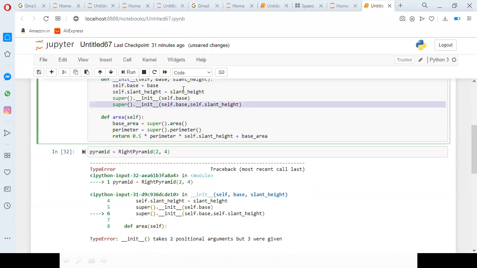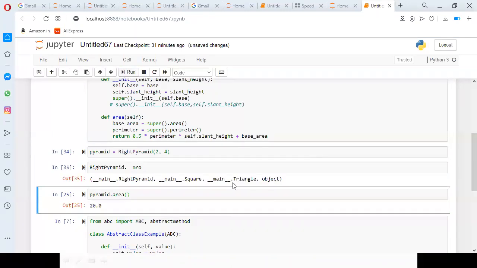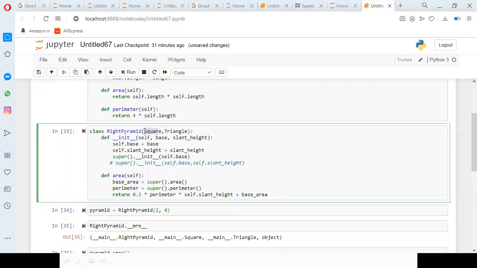Okay. So this is a problem. If I mention it as a comment, nothing happened. Okay. So when you're working with super, you should keep in mind that it will give the preference to the first object which you mentioned in sequence. For that only we can consider. So it does not go with other objects. So this is about super.